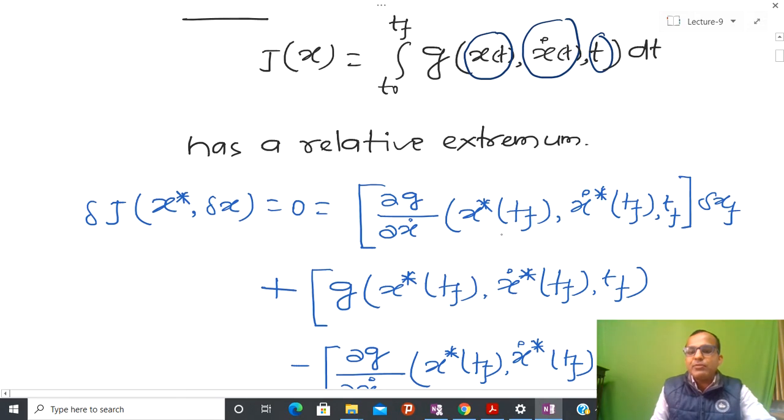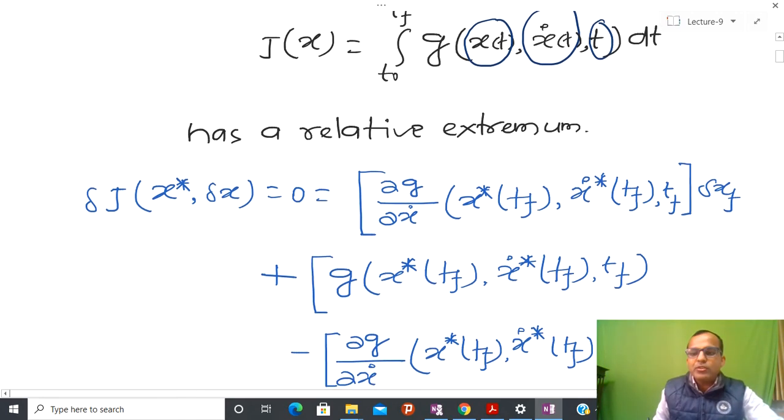One partial differential equation is coming from here, another from the Euler equation. Similarly, we have observed that if t0 is specified, x(tf) is specified and x(t0) is specified but tf is free, then again using the same variational problem, by substituting proper arguments, one can generate the necessary conditions. So in the last 4 lectures, we have done all the possible cases.